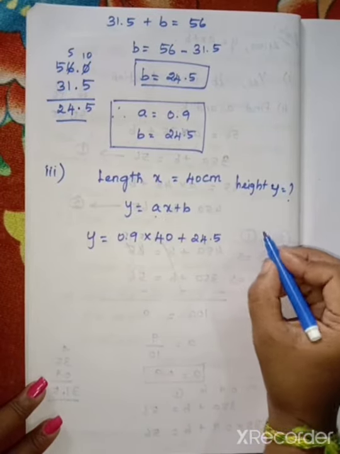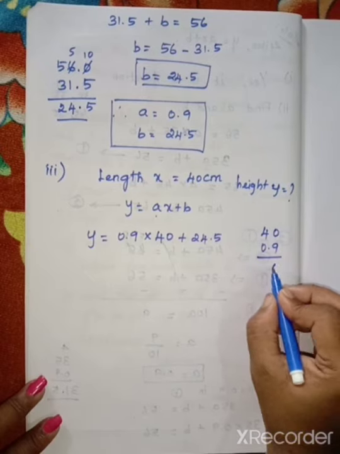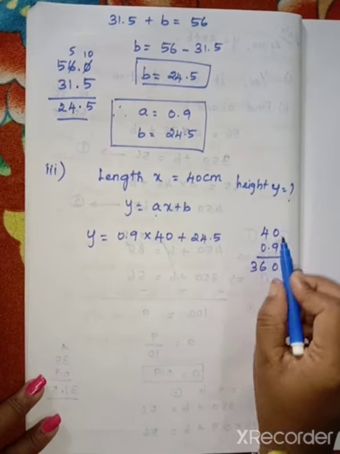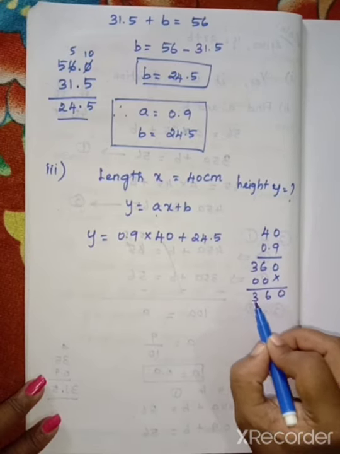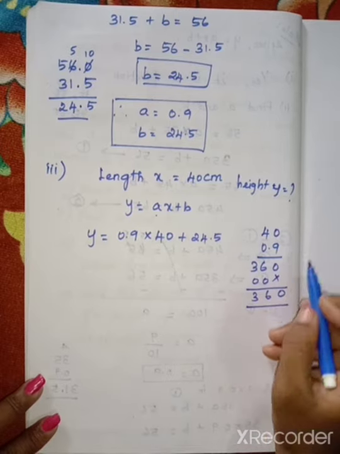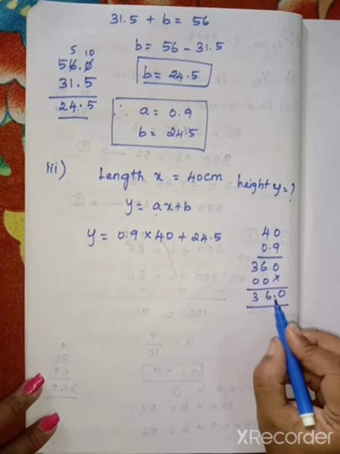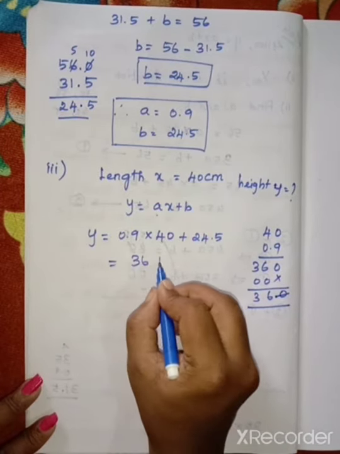So 0.9 into 40. 9 into 0 is 0. 9 4s are 36, and 0 times anything is 0. So we get 0, 6, 3, and there is one number after the decimal, so put the point. After the point, if you have 0, you write it as the whole number. So that is 36 plus